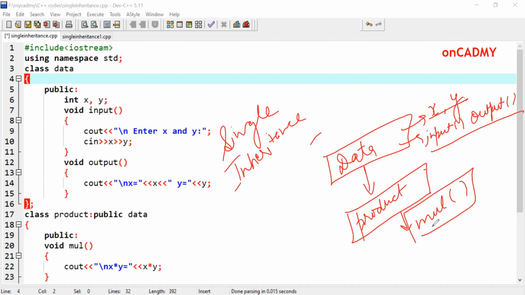Okay, and when we inherit from one class to another, the members of this class also become members of the derived class by a specific method that we learn in this program. First of all, see here,